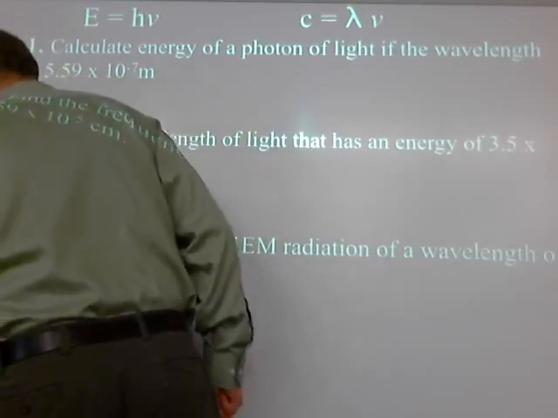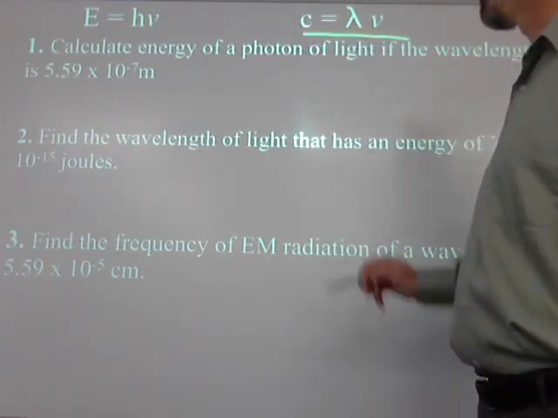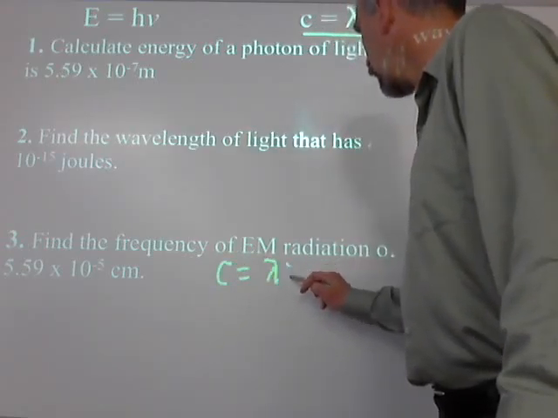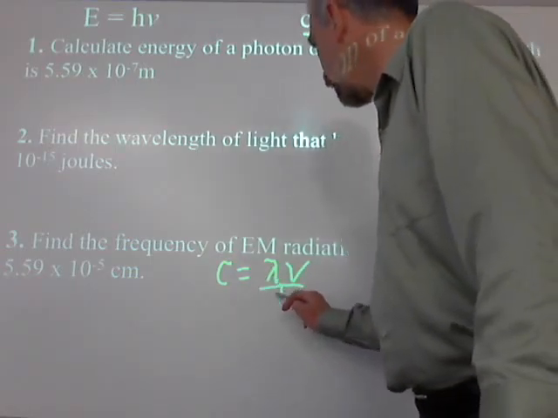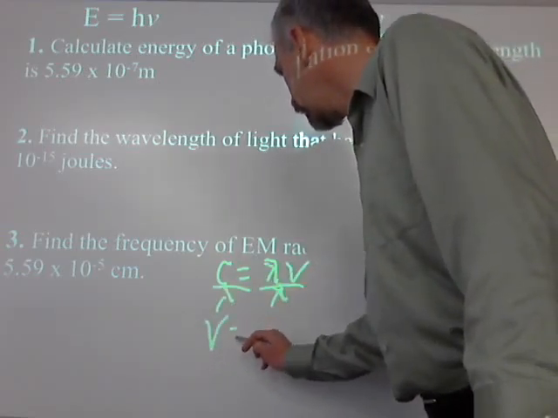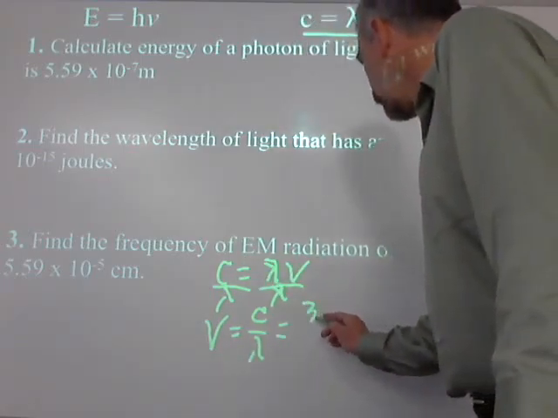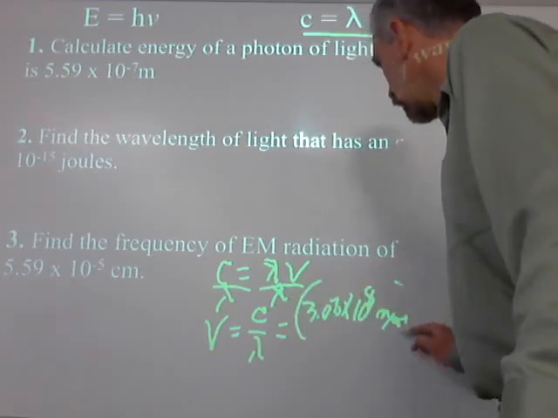Let's do this guy. This is a real easy equation, right? It wants the frequency, and it gives you the wavelength. And there's your equation for frequency and wavelength, right? So c equals wavelength times frequency. Write this down. I want frequency, so I'm going to divide by wavelength. So I get frequency equals c over wavelength, which equals 3.00 times 10 to the 8th meters per second over